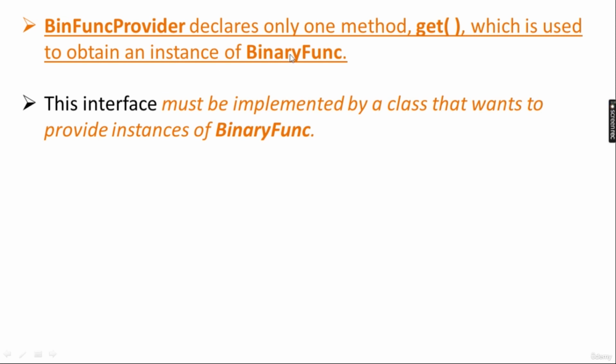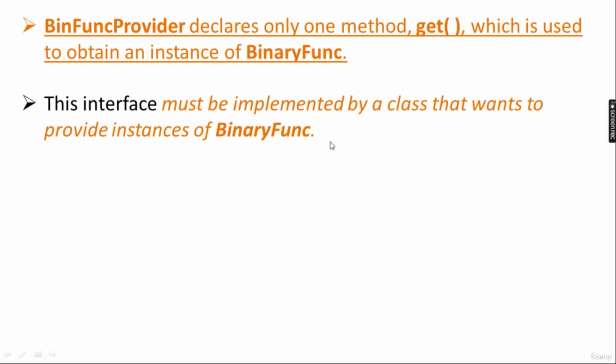BinaryFunctionProvider declares only one method, get, which is used to obtain an object of the BinaryFunction. This interface must be implemented by any class that wants to provide instances or objects